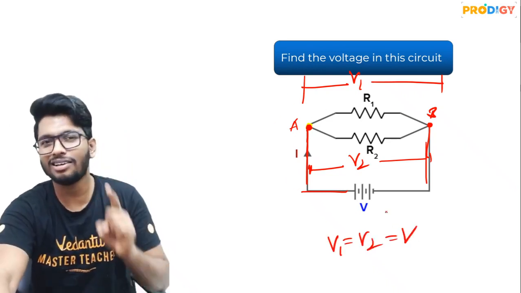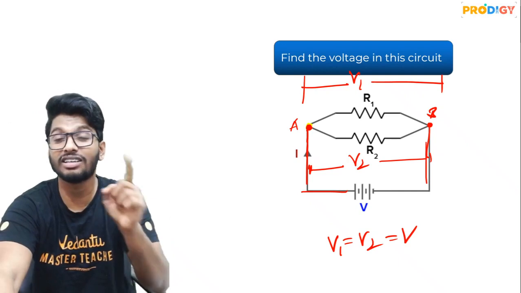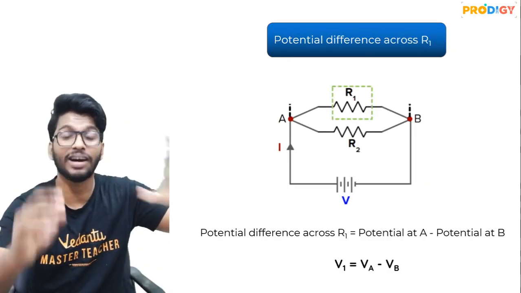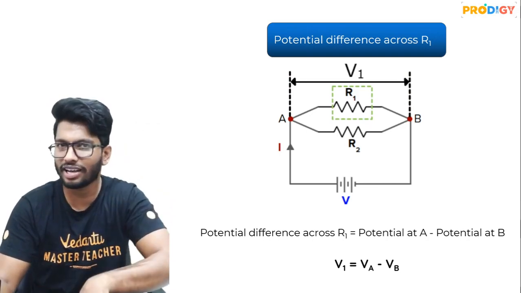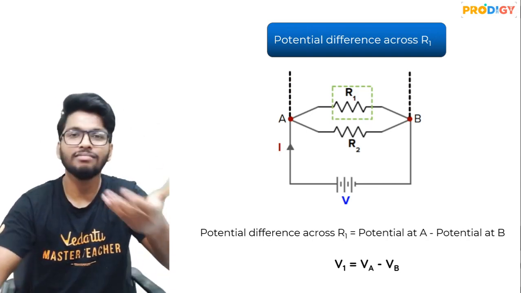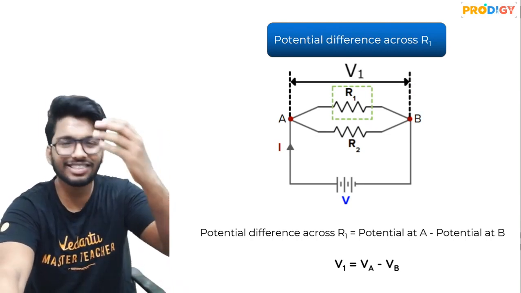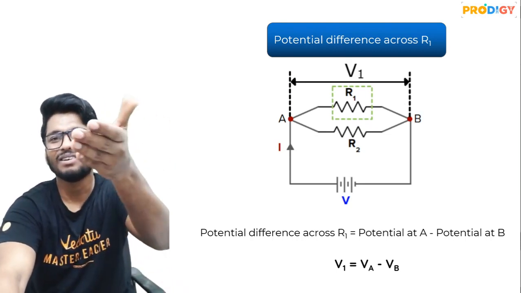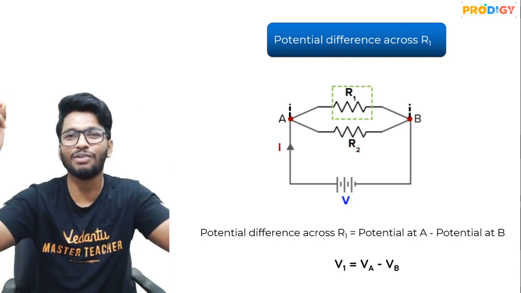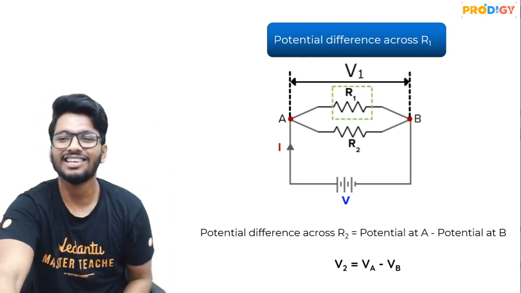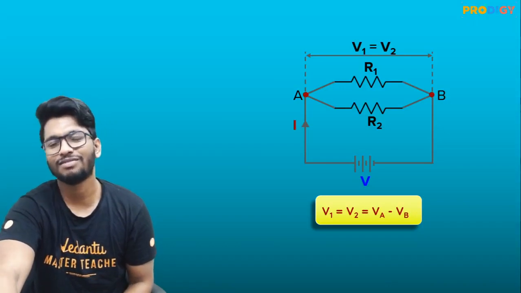In the case of parallel connection, guys, it is just the opposite. The voltage remains the same. The potential at A minus potential at B. So VA minus VB is what you're going to get. And what is VA minus VB? Again, for V2 also it is VA minus VB itself, which is nothing but V, because the battery is also connected to these two points. So the potential applied by the battery is also the same. So basically you're going to get VA minus VB itself for all the three.